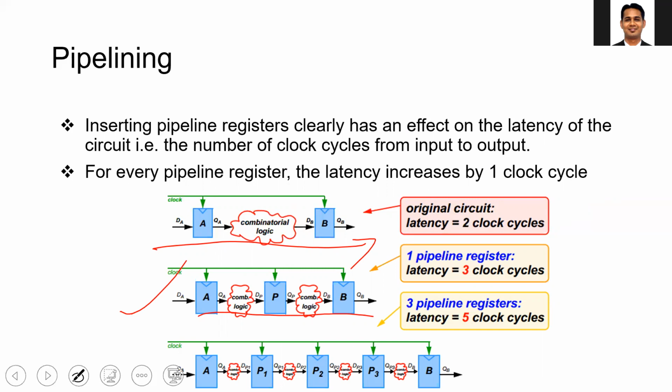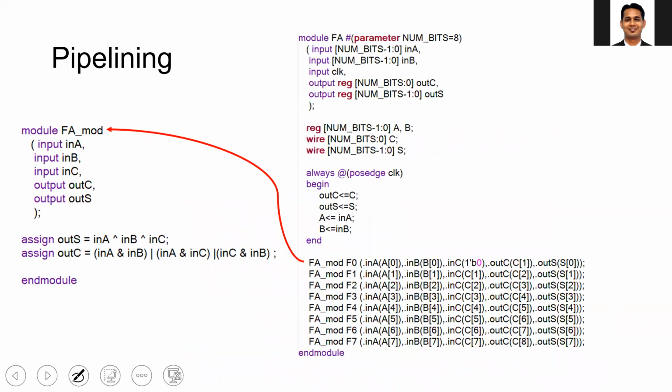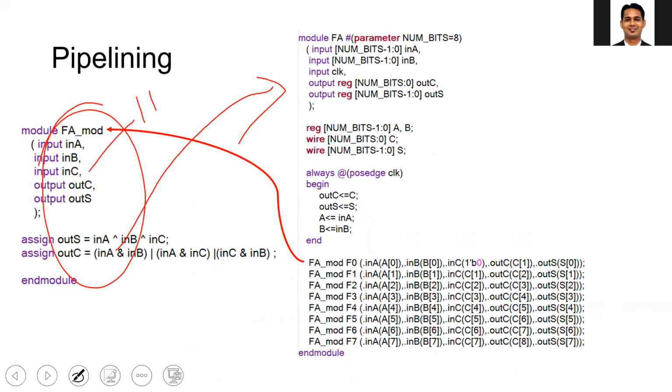So let's take the example which you are going to do in the lab. In the lab you are going to discuss pipelining for the full adder. This is the full adder circuit which you have already implemented, and I'm using this full adder to implement the n-bit full adder circuit. This is the 1-bit full adder, and it will be combined to get the n-bit full adder. In this case I have added one-stage pipelining. You can see that I have added registers at the input, and I have also added registers at the output. Your TA will explain, using a separate video tutorial, how this circuit has been designed.